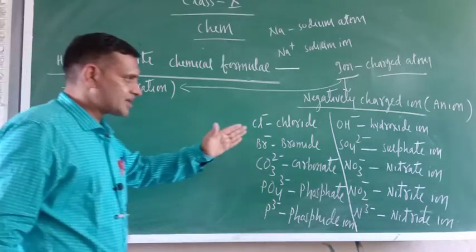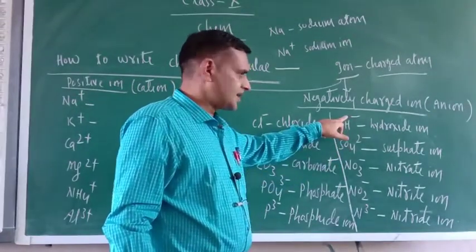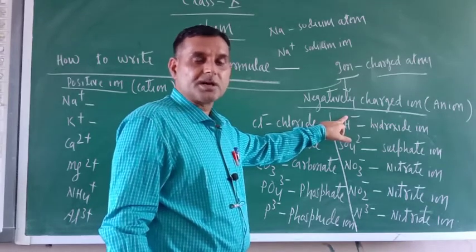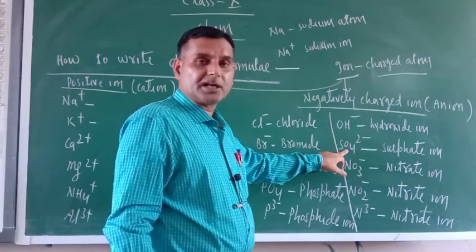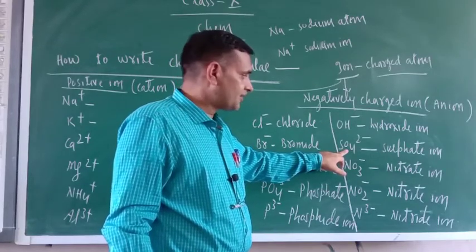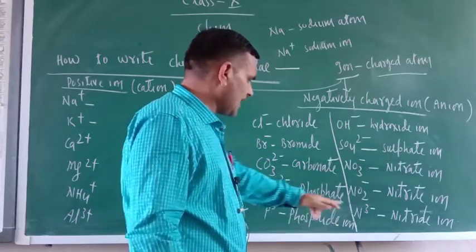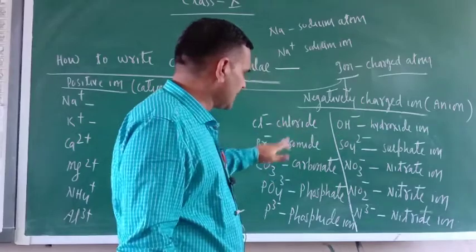Same is the case with anions also. See, here OH has got a single negative charge, so this is a monovalent anion. Those who have got 2 negative charges are called bivalent anions. Similarly, just see, trivalent is also there, nitride ion. So I wrote here the complete list.